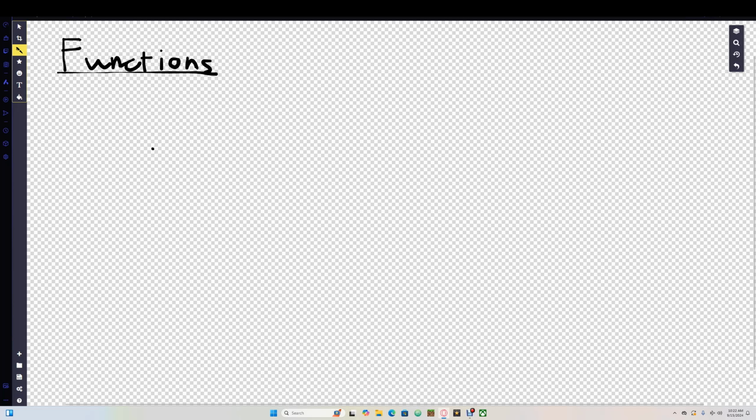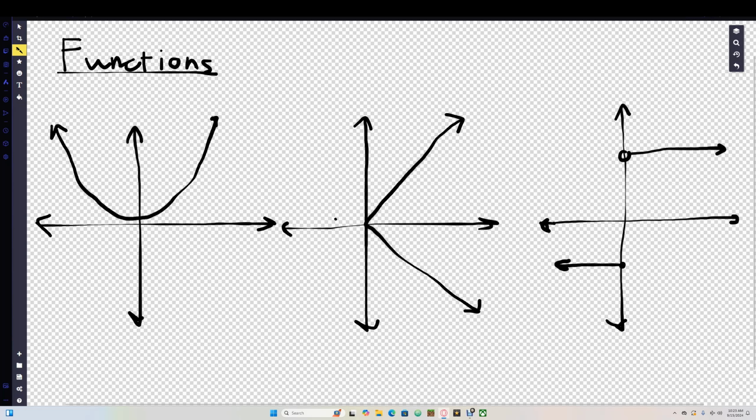So let's draw some functions. So we have 3 graphs right here. Let's try to figure out if they are a function or not a function. Well, let's look at this first one over here. As you can see, it is a curve like this. We can just draw a vertical line wherever we want, maybe like this, and like this, and maybe this, or this. So as we can see, it only intersects with one point wherever we draw a